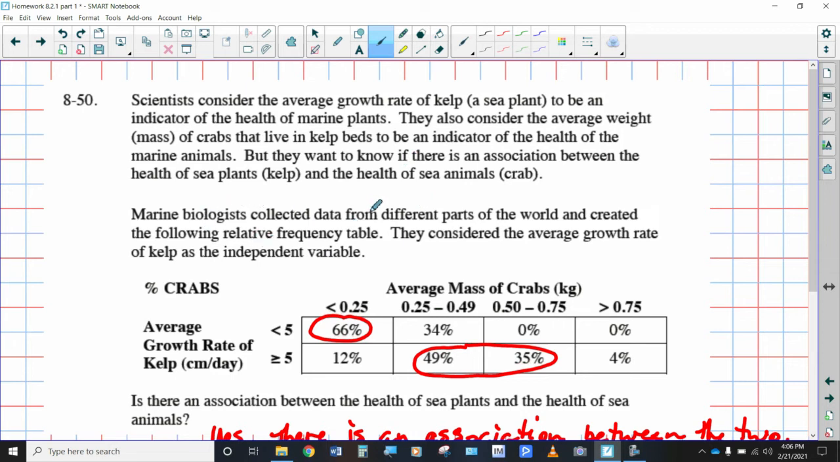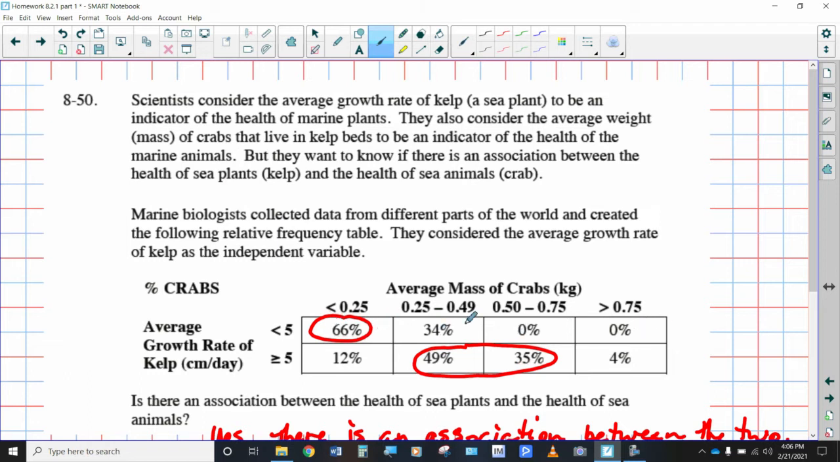So marine biologists collected data from different parts of the world and created the following relative frequency table. They considered the average growth rate of the kelp as the independent variable. Okay, so when the kelp is doing well and it's greater than 5 centimeters per day, what happens with the